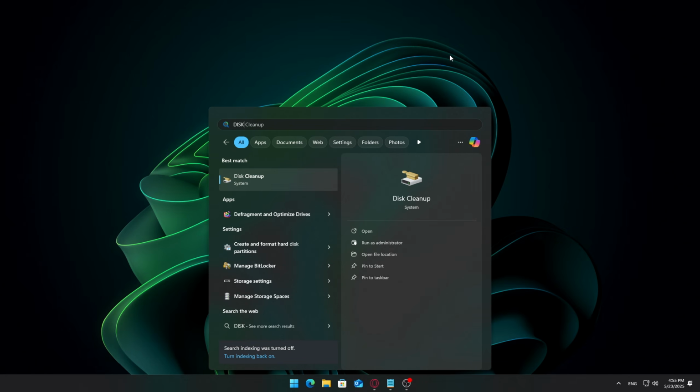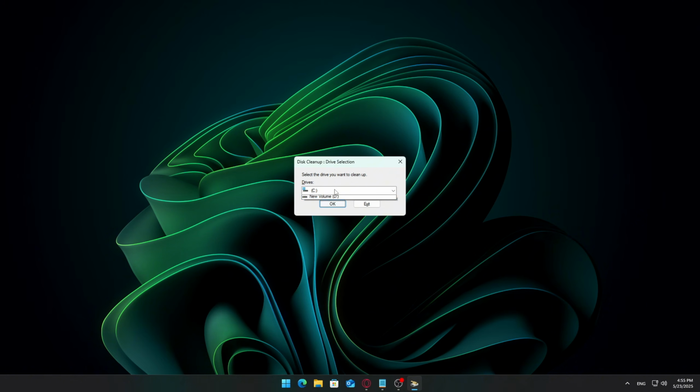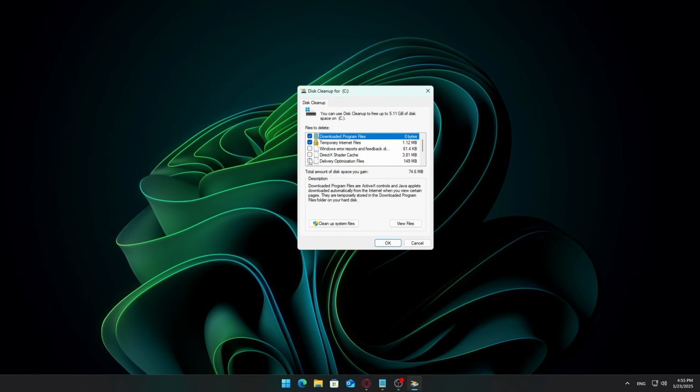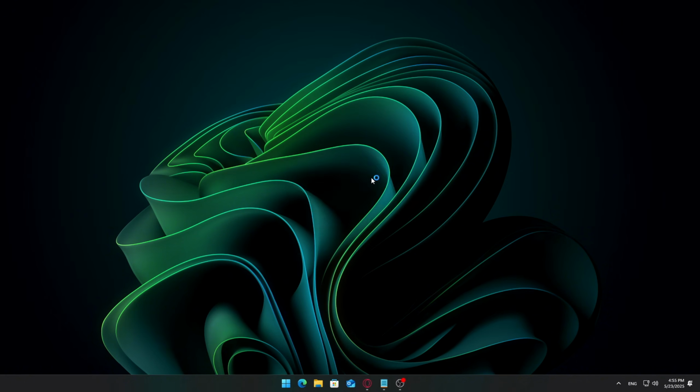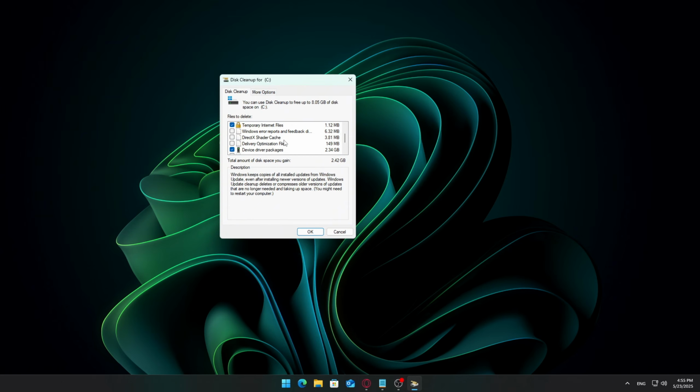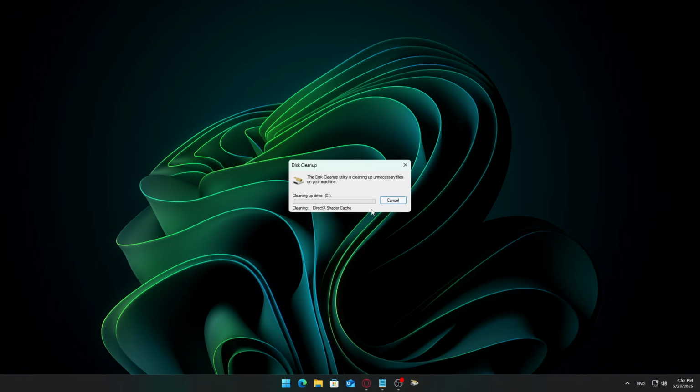Go back to the Start menu and search for Disk Cleanup. Open the Disk Cleanup utility, then click the Cleanup System Files button. Once the list refreshes, scroll down and make sure DirectX Shader Cache is checked. You can also check any other boxes for things you want to clean, but the shader cache is the one that matters here. Click OK, then delete files when prompted. This will clear out outdated cached data that can sometimes conflict with newer drivers and cause stutters or FPS drops